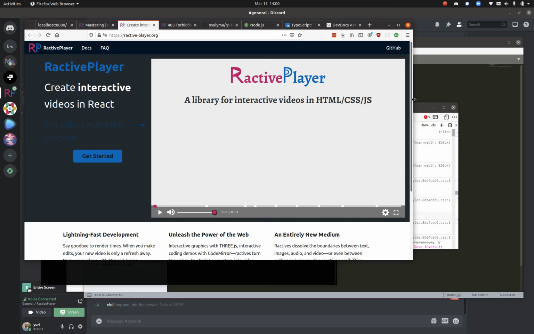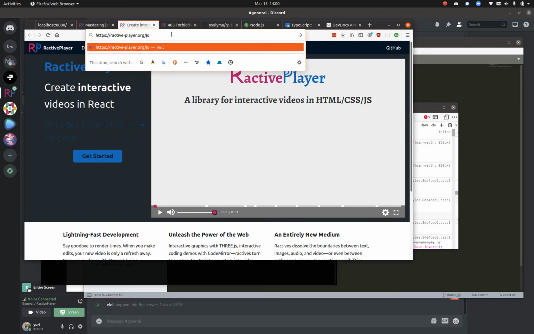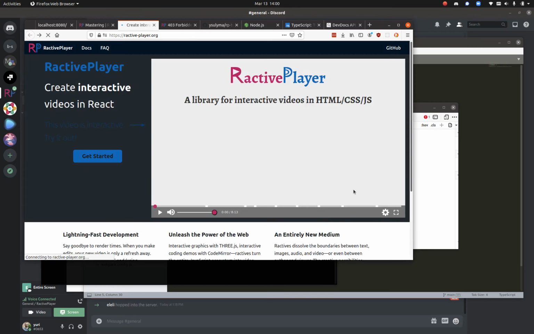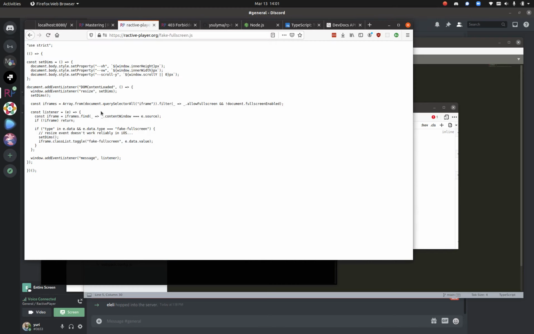So there's somewhere in here. Yeah, so on the site I've placed a file called fakefullscreen.js. And what this does is if you're on a mobile device and the viewer presses the full screen button, it'll detect that it can't access the full screen API. And so it'll send a message to the parent window, something like fake full screen. Yeah, and so again, you can just copy this JavaScript that I've got here and use that for